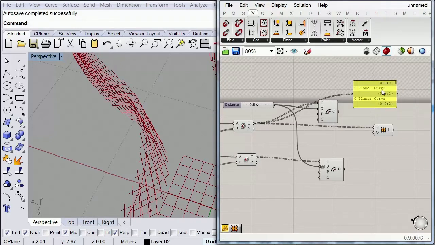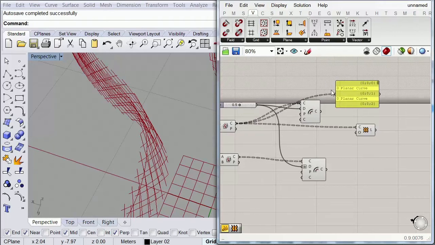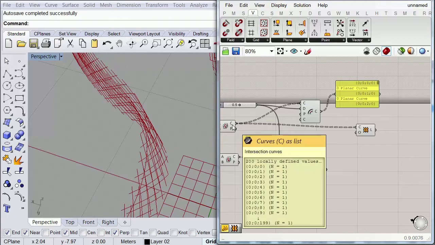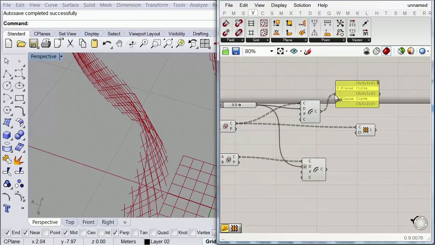So as you can see here, I have a branch with 3 levels of depth. And here on this offset component, I have a branch with 4 because this data comes inherited from this one. So what I need to do is to reduce one level of depth over here. And the easiest way to do that is by calling a shift path component.